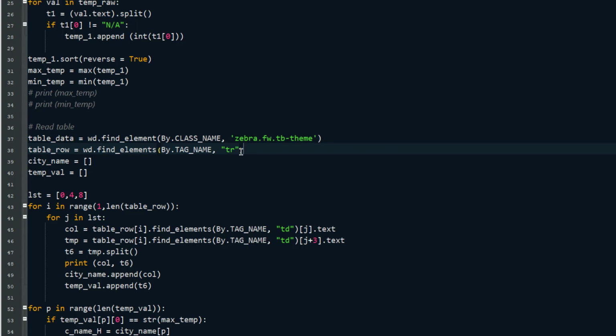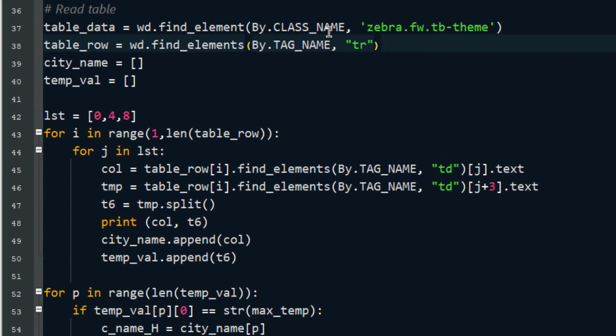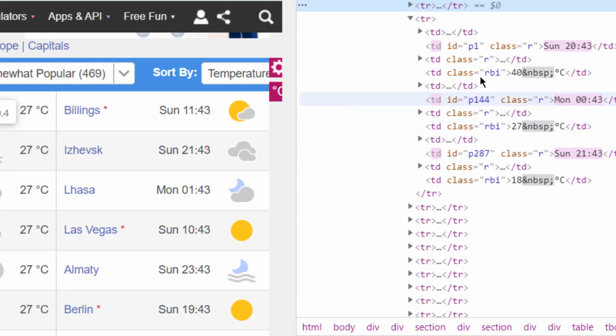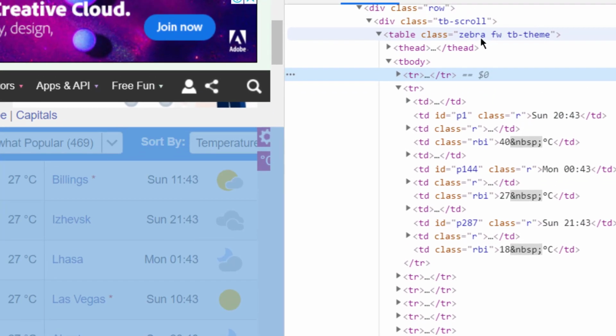So here my intention is to read that complete table. So wd.find_elements by class name, this name of the class, and also be sure to put a dot, because in the actual inspection it is just zebra, space, fw, space, tb dash theme.